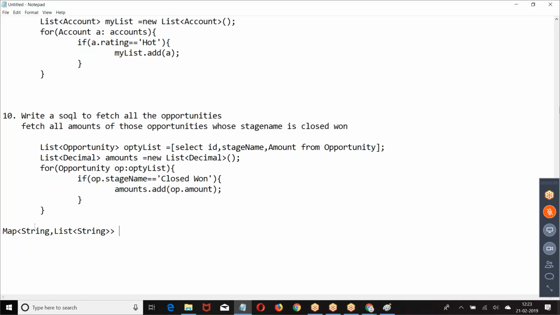What is the value we have? No. Here in the map we are taking key as integer, decimal, and value as employee, the full record. Employee, complete record. Oh, fine.